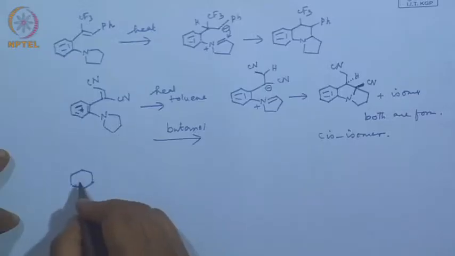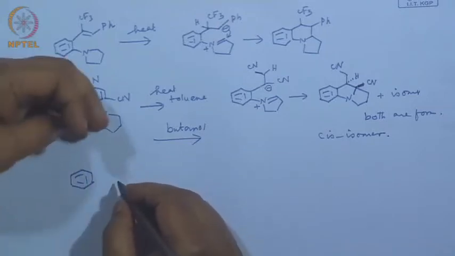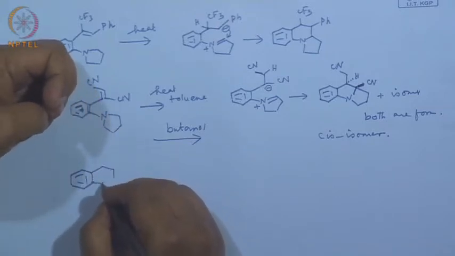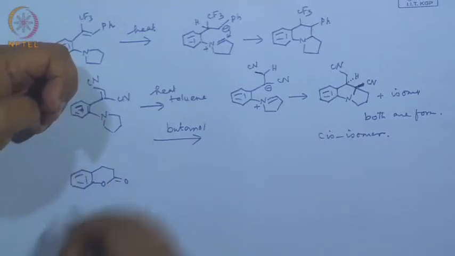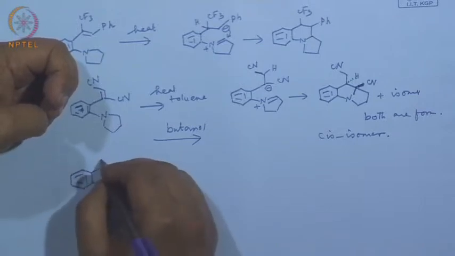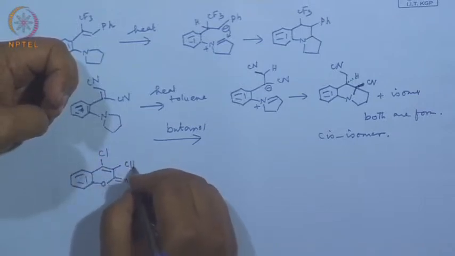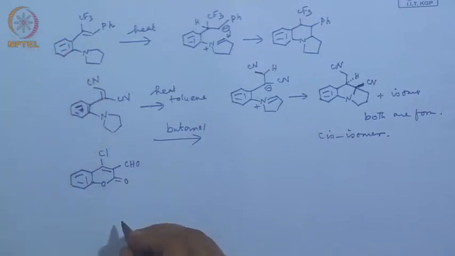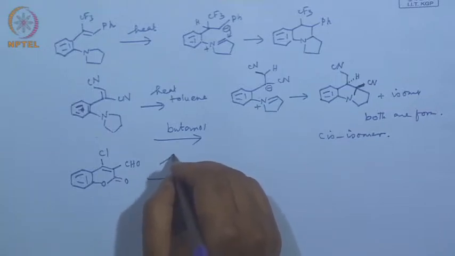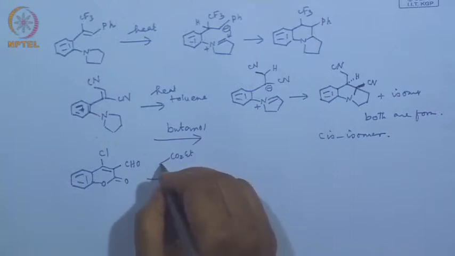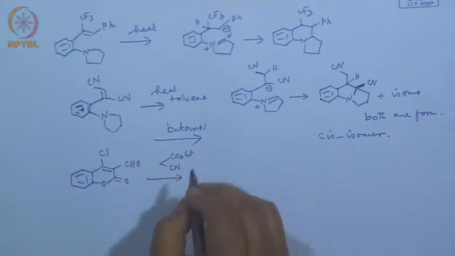This example starts from a coumarin. All of us know, right, what is coumarin? Coumarin is a bicyclic molecule with a lactone ring, with oxygen attached to the phenyl ring, so it is a lactone, and then the two functionalities that we have here are chloro and a formyl group. Now, if you react this with ethyl cyanoacetate,